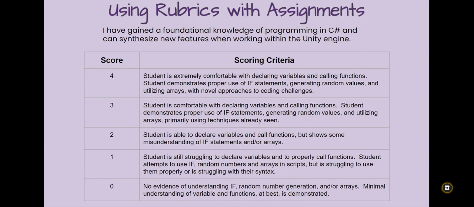And then a 0 is no evidence of understanding ifs, random numbers, arrays. Minimal understanding of the variables and functions at best is demonstrated. So that's kind of how I might break out my 4-point rubric in a way that the students would be